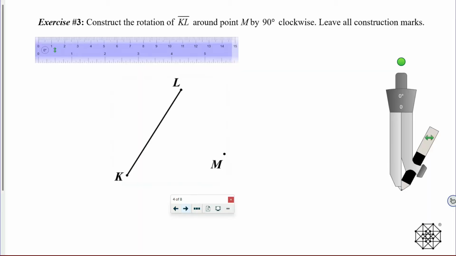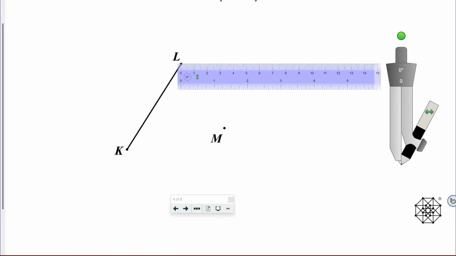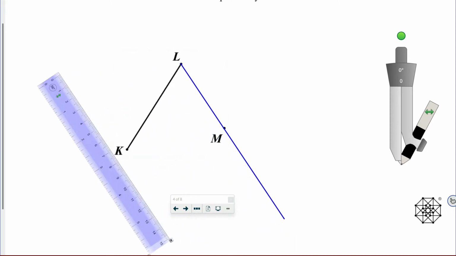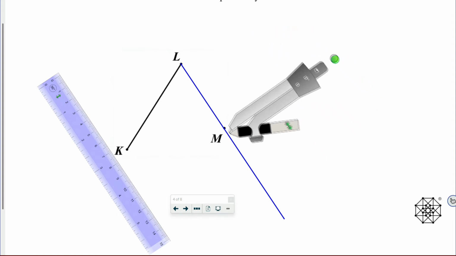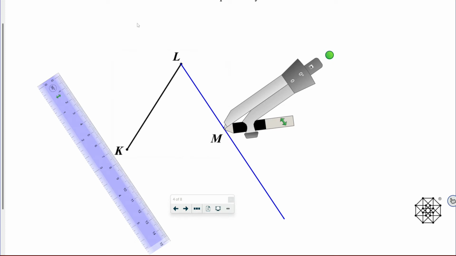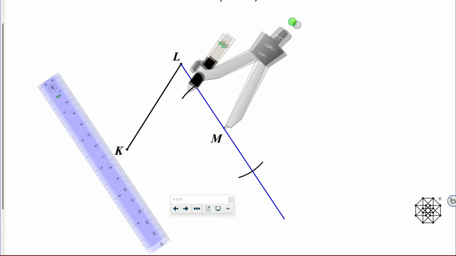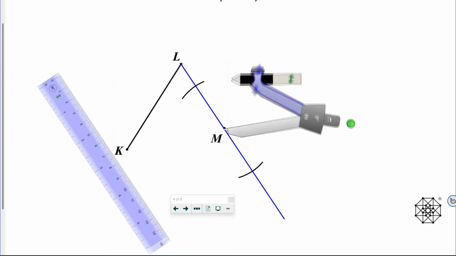Okay, totally ignoring both K and line segment KL, I'm just going to come over here and draw a line that passes through L and M. Okay, now what I want to do is create a perpendicular line that passes through M and is perpendicular to that line. So I draw my two arcs like that. Okay, now I'm going to make my,